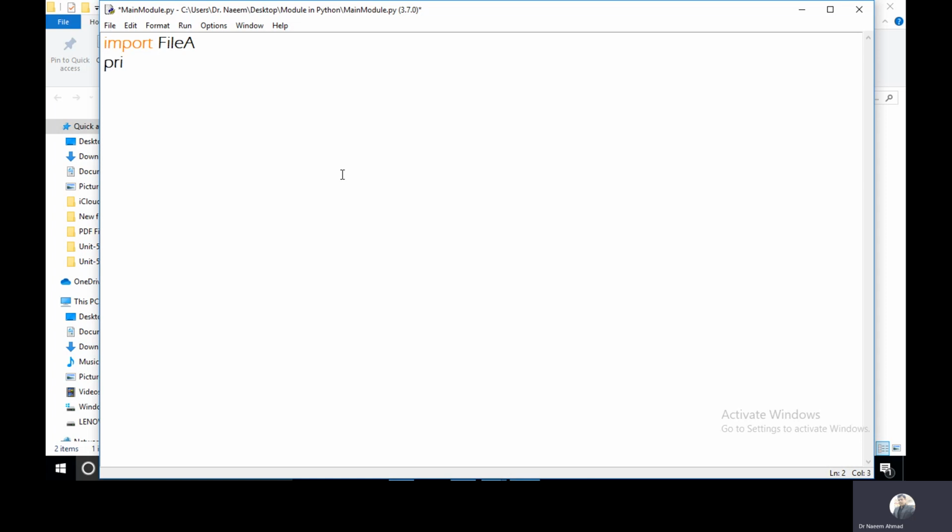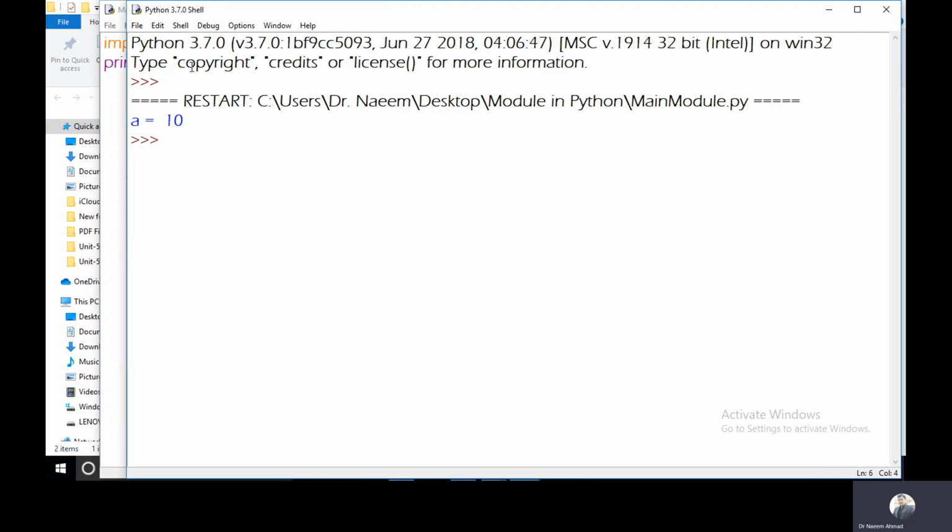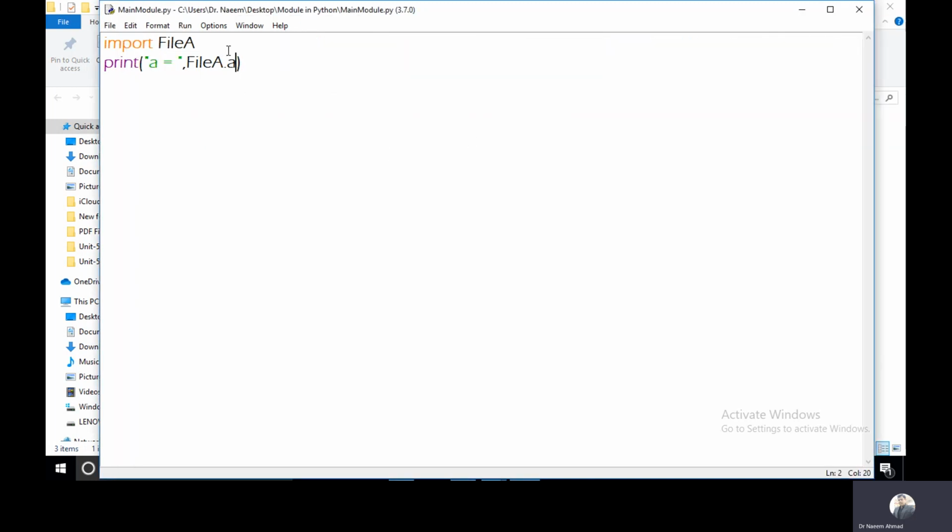Suppose I'm printing the value of A, so I will just use the module name dot A. Now I will be able to use this module, and as I run, it will show the result. You can see this variable is created in one module, and now I am able to use this variable in my main program.